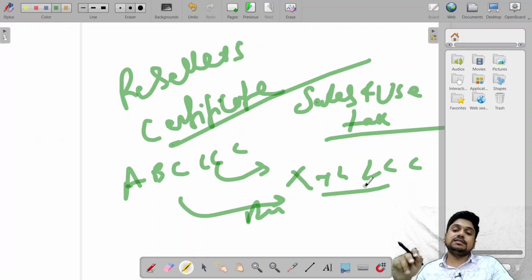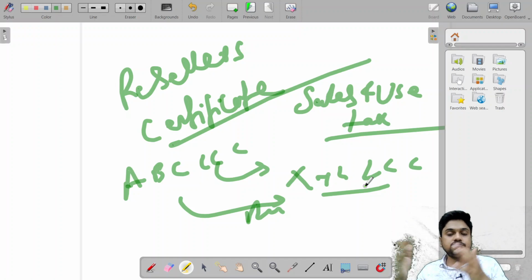So XYZ LLC is liable to get registered for sales and use tax according to economic nexus, right? But if ABC LLC is just selling the product to XYZ LLC, and they are different registered businesses, then there is no need to get the sales and use tax compliances done.